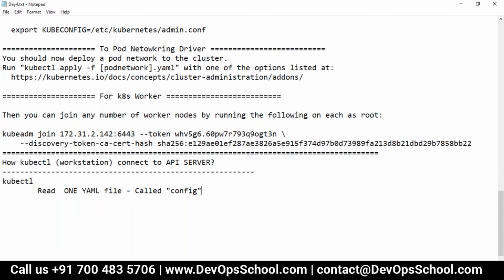where is that file? So guys, usually the default location is your user home and then .kube/config. Whenever kubectl tries to read the config file, it looks at that location. User home means whichever user is running this command, and inside it .kube/config.